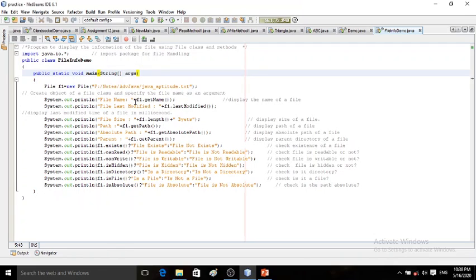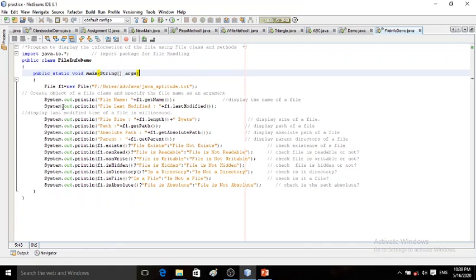After the double quotation, plus concatenation operator, then f1.getName. By using file object f1, we are calling the getName method. It is used to display the name of a file. So what is the name of our file? java aptitude.txt. This file name it will display.